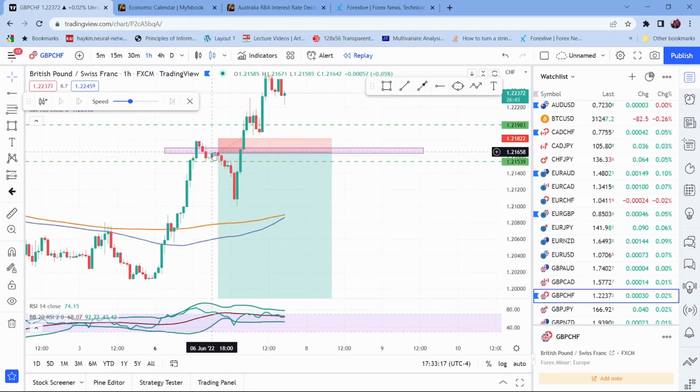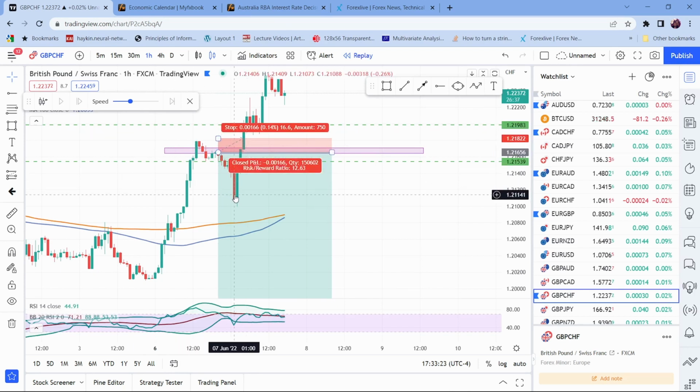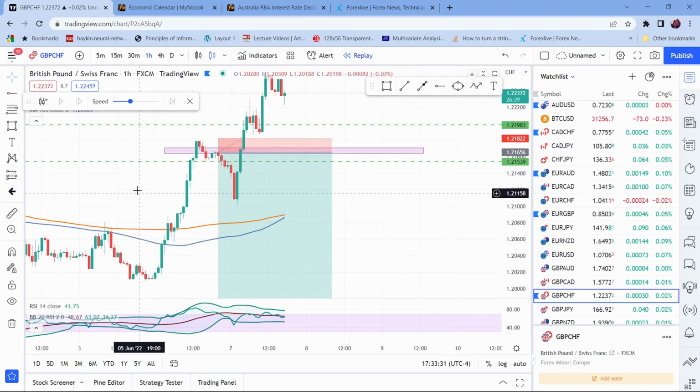So we did enter this, kept our stop loss tight, our risk amount tight, and price went down to around 3.5% before reversing on us and closed. We saw this bullish close before price reversed on us.